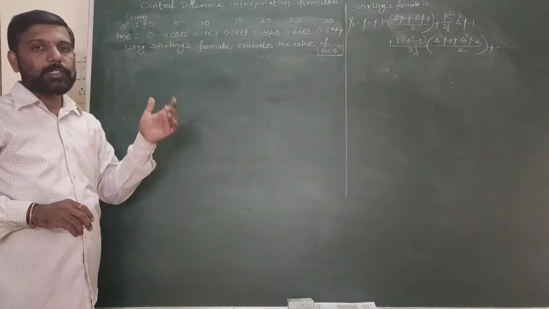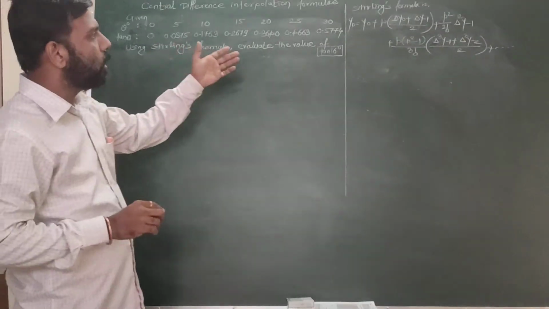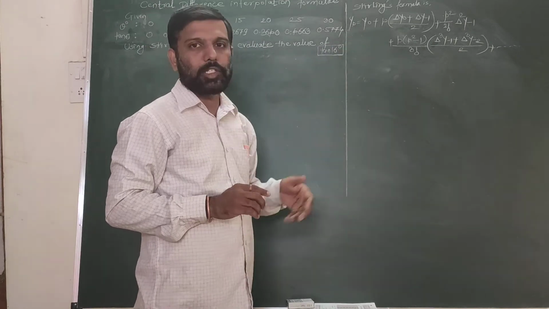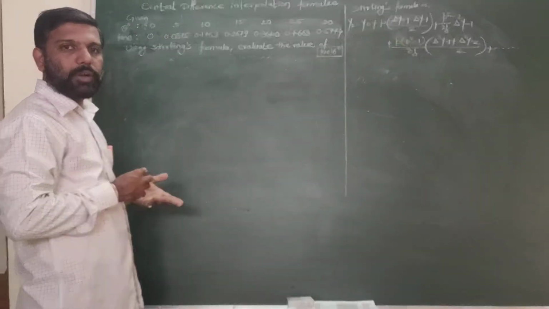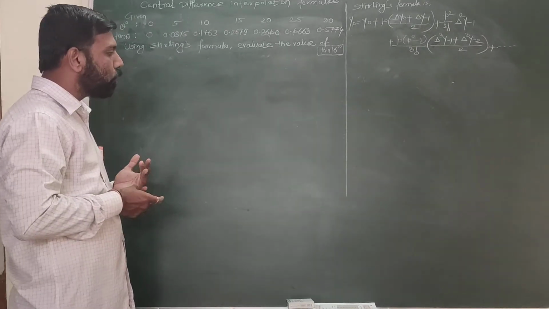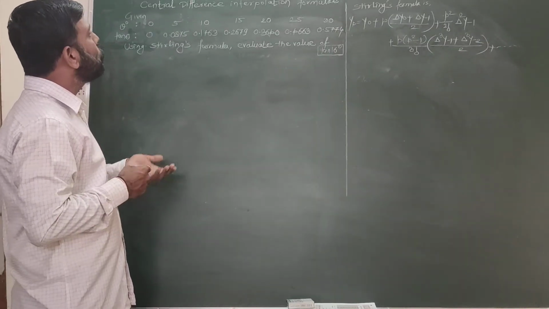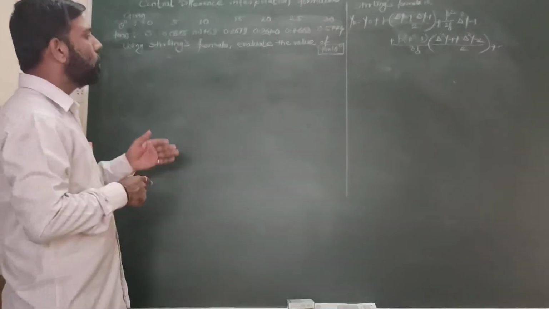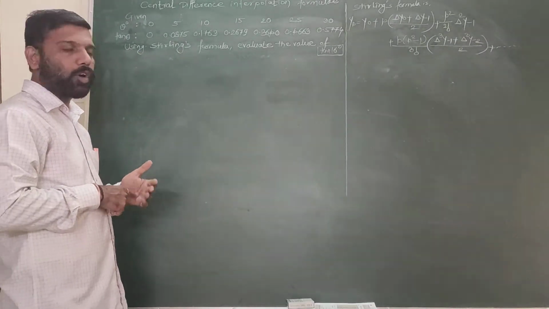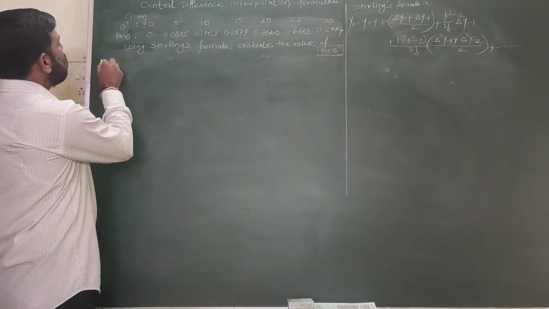Now in the question it is mentioned Stirling formula, so I have already written here that the Stirling formula is this one. If it is not mentioned in the question, then how do we decide on Stirling or Bessel's formula, or whether to use central, Newton's forward or Newton's backward? That will be understood from the table format. So first, in the solution,